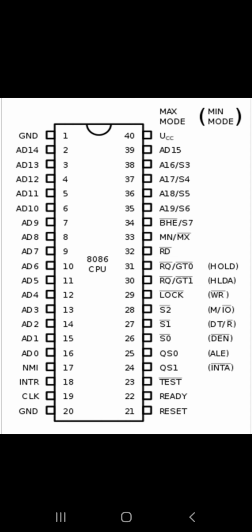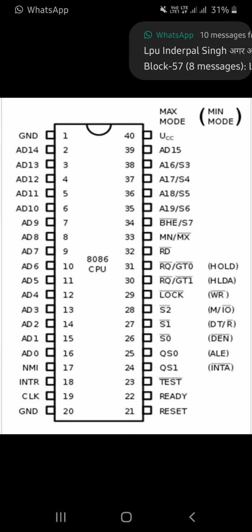The next are the pin number 17th and the 18th pin. Before discussing these two pins, I want to discuss interrupts. If you remember, what is an interrupt? Interrupt is a request that is generated by an external device, which wants the services of the microprocessor, right? So it is basically an interruption. So interrupts can be classified into two categories, maskable or non-maskable. Maskable interrupts are those which can be ignored, and non-maskable interrupts are those which cannot be ignored. This thing we have studied in 8085 also, right?